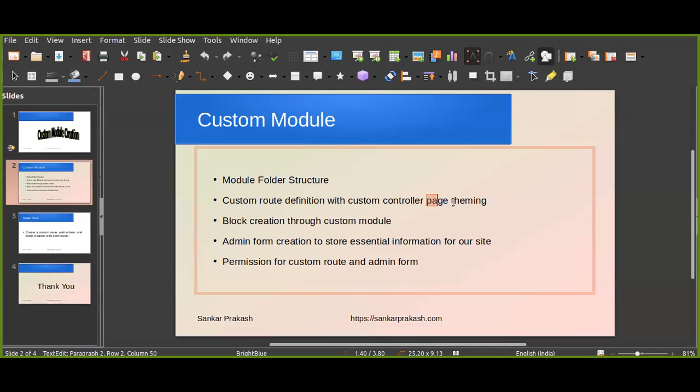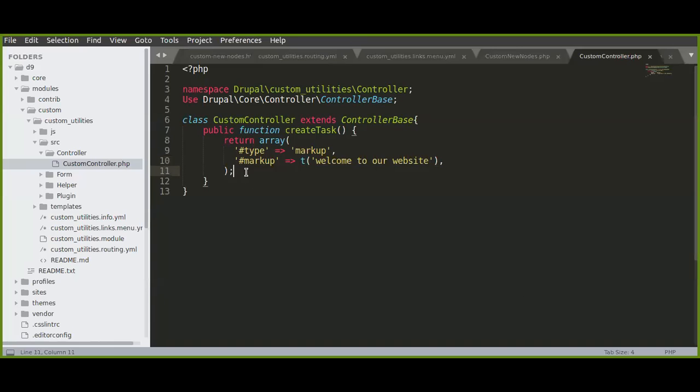This controller level page theming you can also do like this. In the controller part, you return the array, right? Let me share the code. Sorry. In the controller part, you have written the array, right? So here you can mention the theme, the way we have used our block.